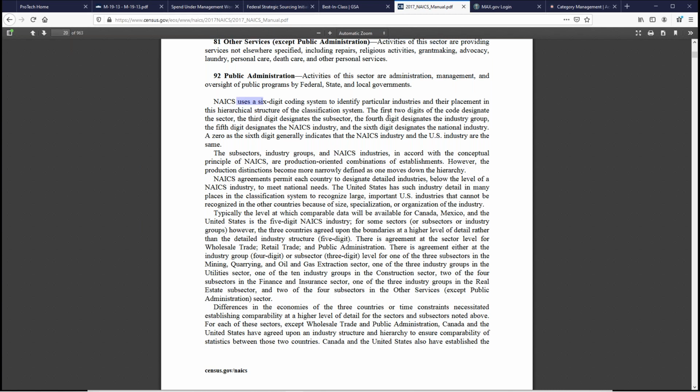Everybody knows that. The first 2 digits of the code represent the sector. The 3rd digit designates the subsector. The 4th digit designates the industry group. The 5th digit designates the NAICS industry. And the 6th digit designates the national industry. So it's a hierarchy.